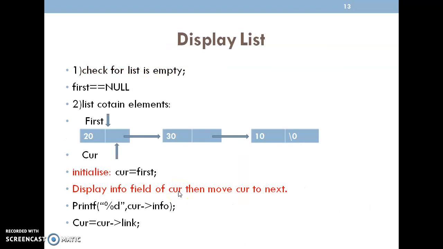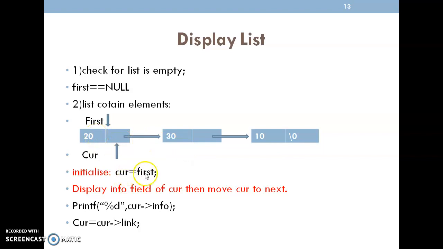Then displaying the elements of a list. Here also we check whether the list is empty or not, like we did for the delete. Then if it contains elements, go for displaying all the elements of the list. So what I'm taking is one more variable, current. This current will move one after the other after reading each element from the list.